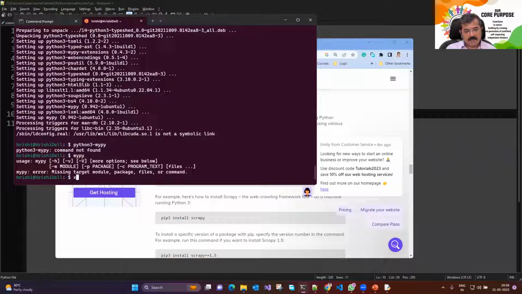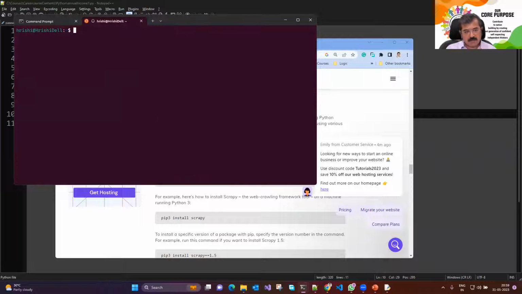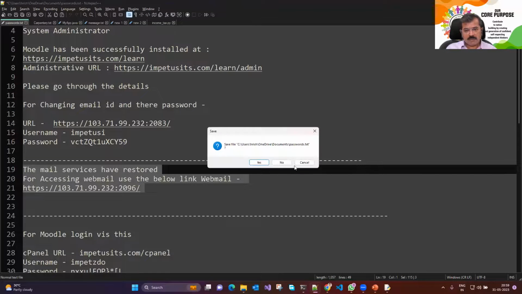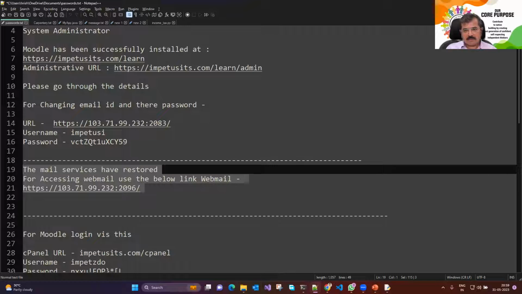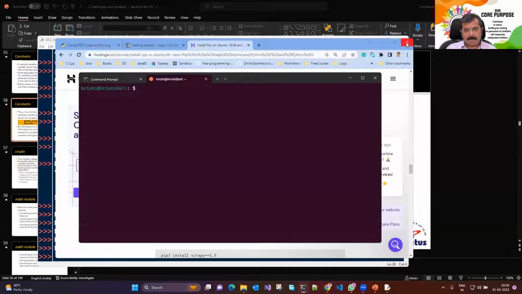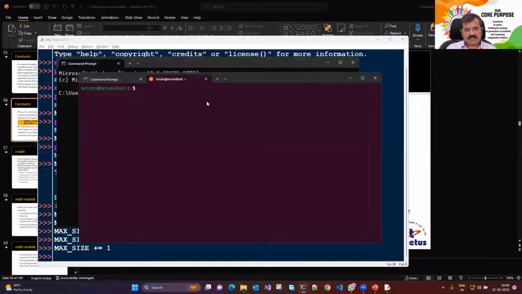Now, since MyPy has been installed, the command that we tried to install was sudo apt install MyPy. It has installed MyPy. Since it has now been installed, now we can check our code. What we need to do now is go back to our script. So I'll say cd /mnt/c/